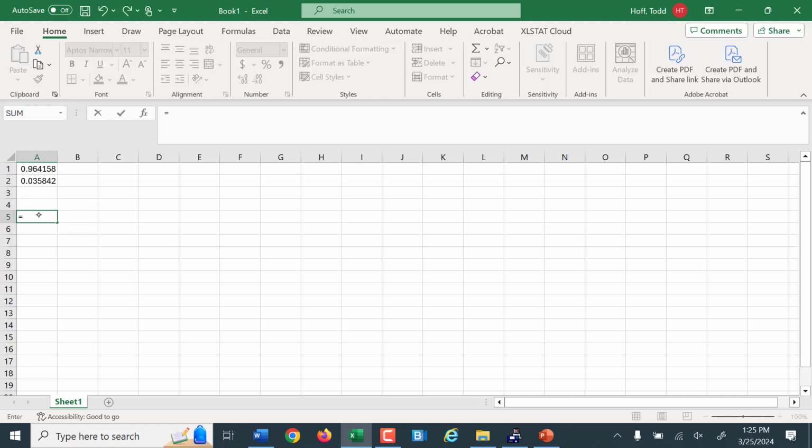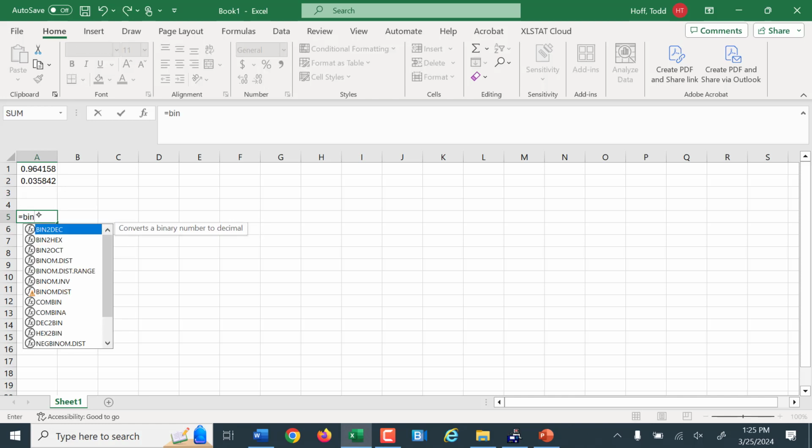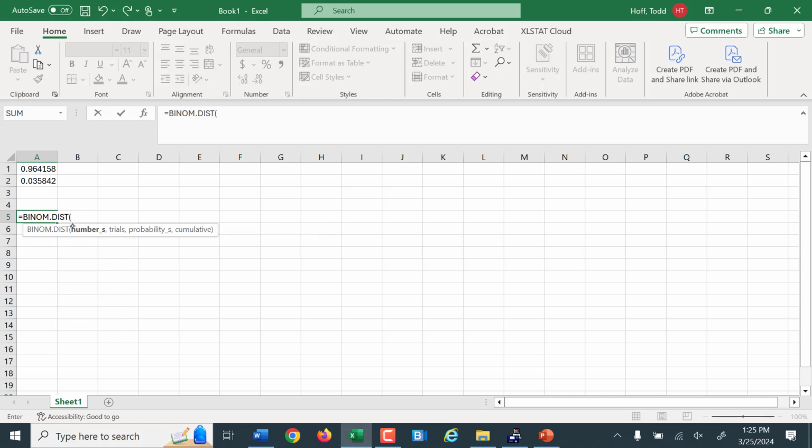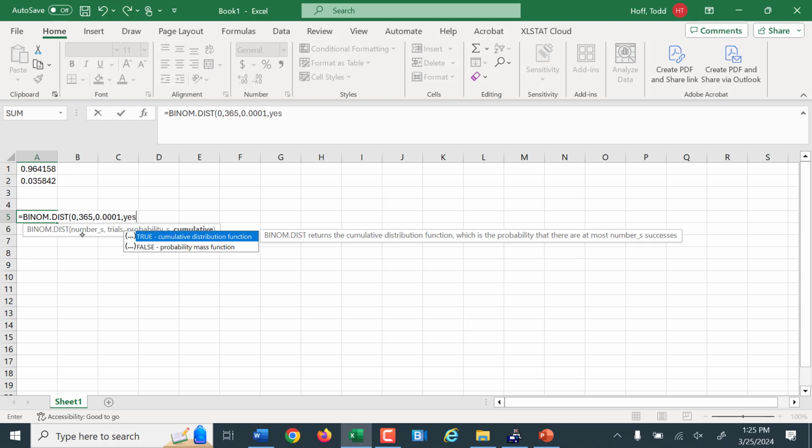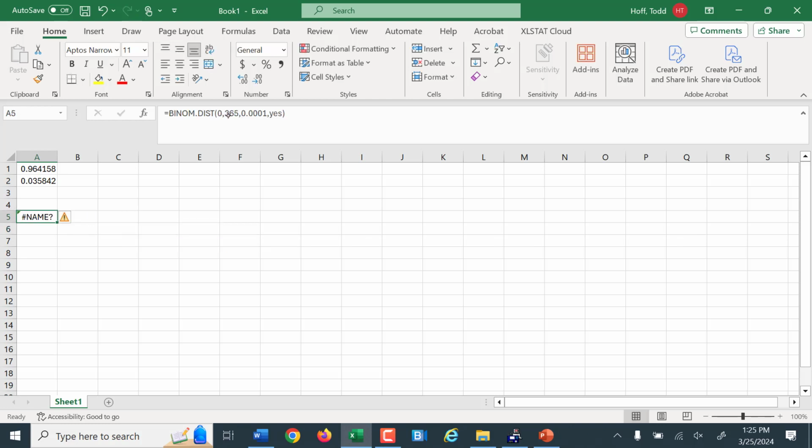Well, since we're here, let's do the binomial calculation. So the binomial distribution here, number of successes, 0 out of 365 trials. The probability was 1 in 10,000, and yes, cumulative. Oops, keep forgetting you can't put yes in there. You either got to put in true or 1. And there I get the same probability almost. It's the 6th decimal place that it's actually different. So if I did equals 1 minus that,